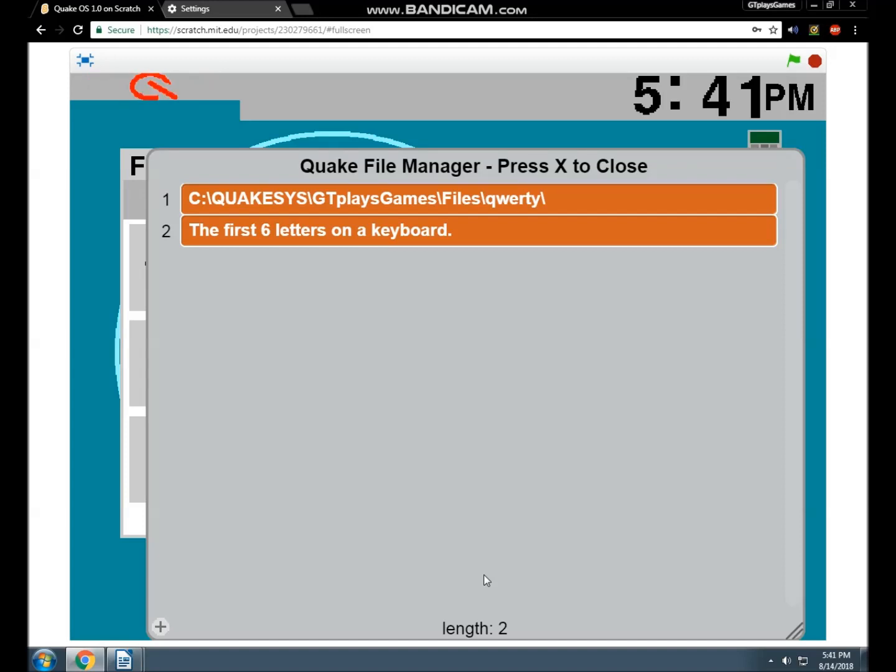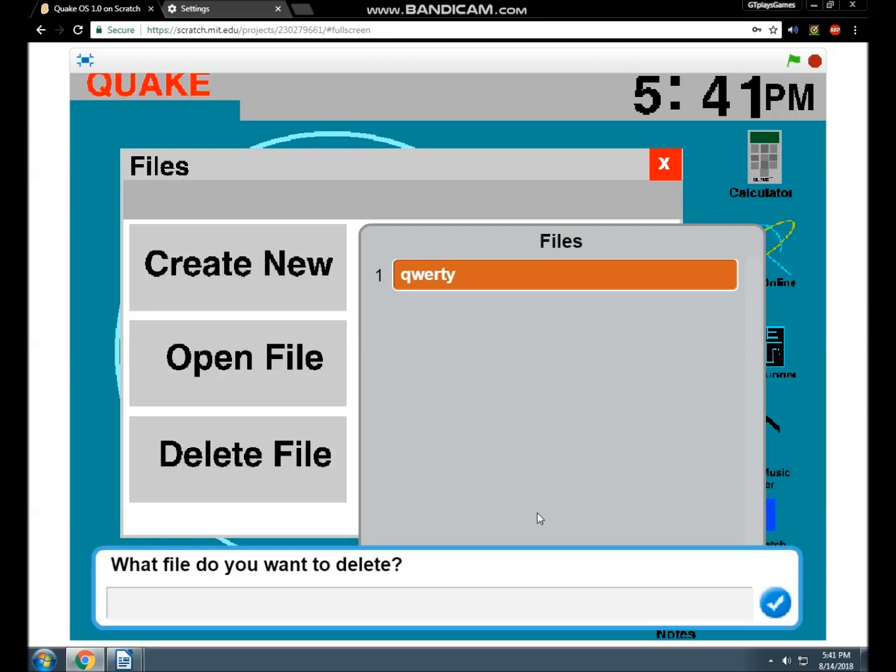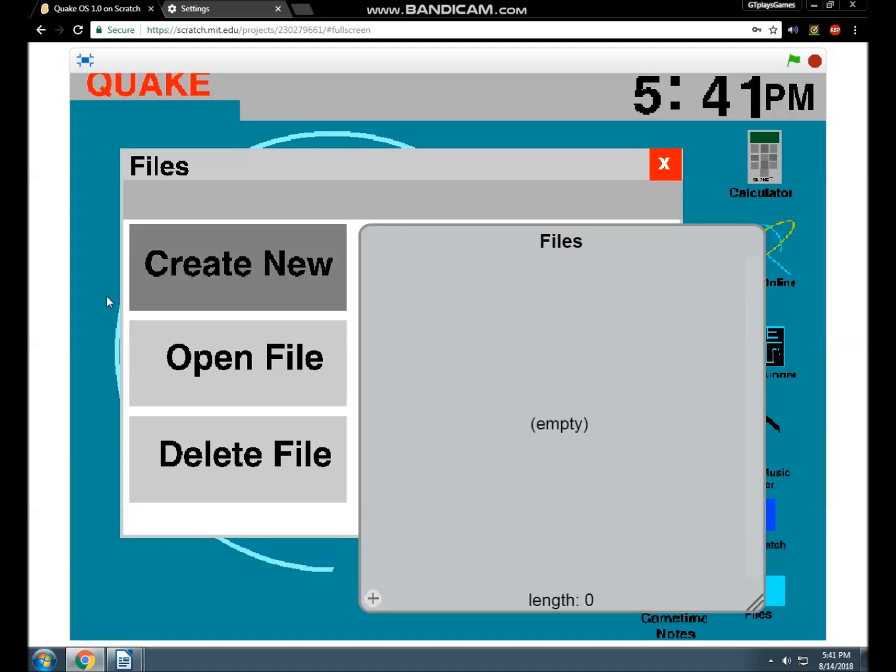That's all fake, of course. But I just thought it'd be cool. But then first 6 letters on a keyboard. Then as you can see, click X to close. So you just click X. There you go. Need to fix this though, which obviously I can't right now. And if you want to delete a file, just click that. Click the number. Put in the number of the file you want to delete. So in this case, it's 1, as you can see right there. So then you put that in there, and it deletes it.